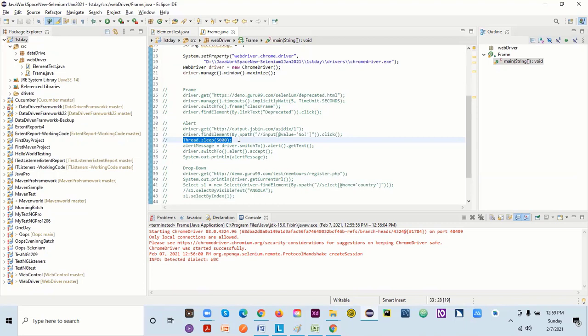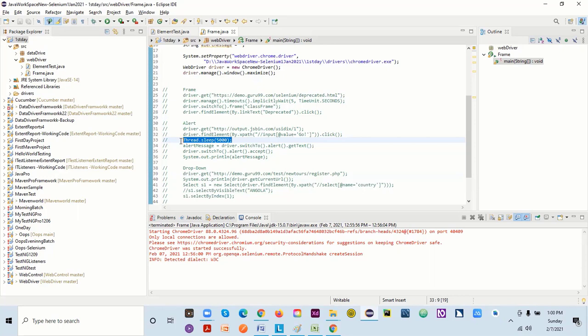It will increase your execution time, and we are not here to increase our execution time, right? Why do we want automation? We want to finish everything with our automation in a quick way. So we never use this.